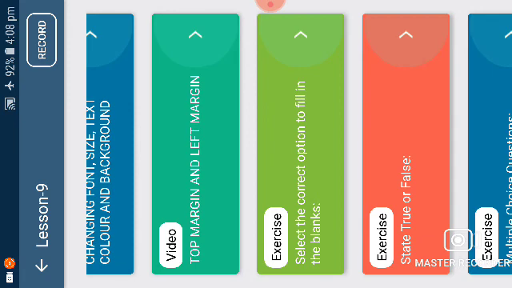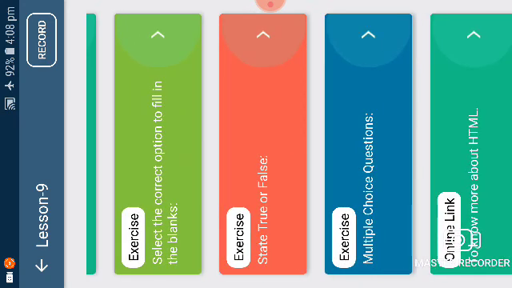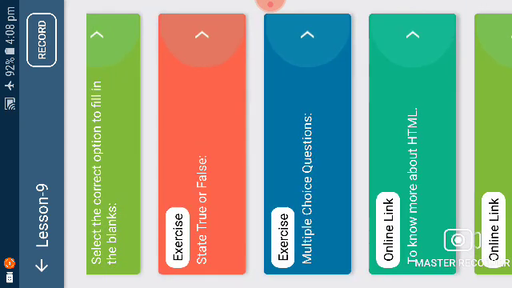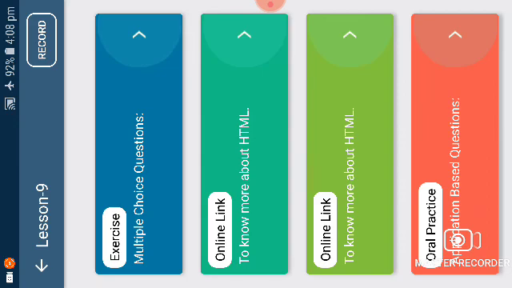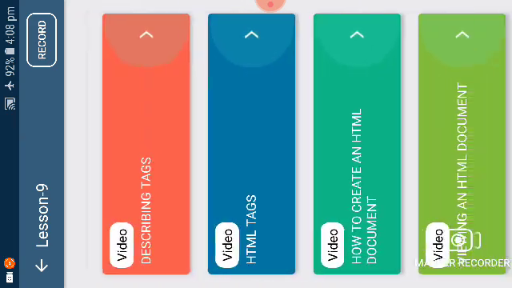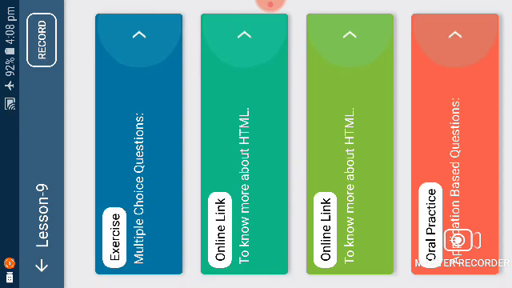And next one is the completed lesson and exercise. Select the correct option to fill in the blanks. Exercise: true or false, and multiple choice questions, online links. These all will be there. The lesson will be completed. So I will send you notes in the WhatsApp group.